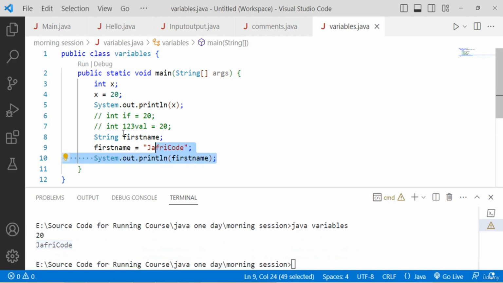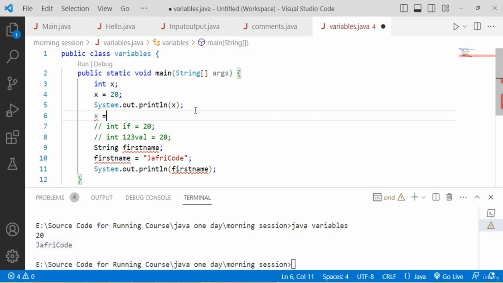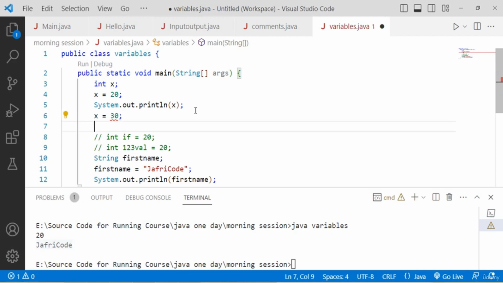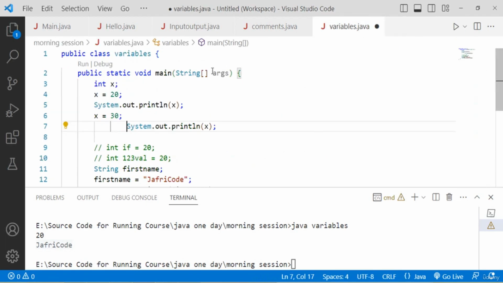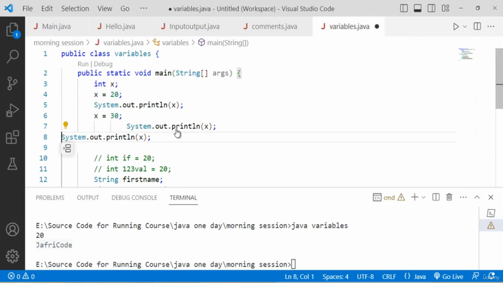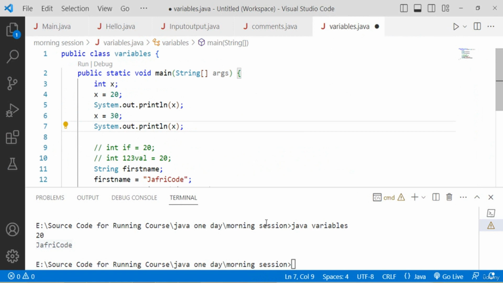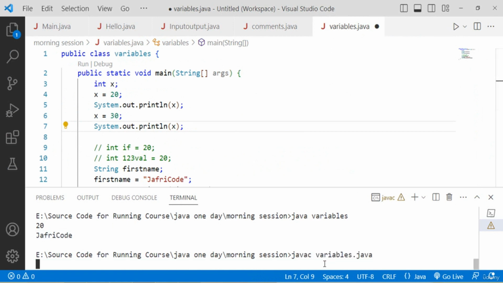So this is all about the different rules I shared with you in the PPT slide. You can apply them here, and you can also create different variables and update variable values. For example, on line number 6, I want to provide a new value to that variable, and then after updating the x variable value, I want to show it in the console. Just create bytecode, and then